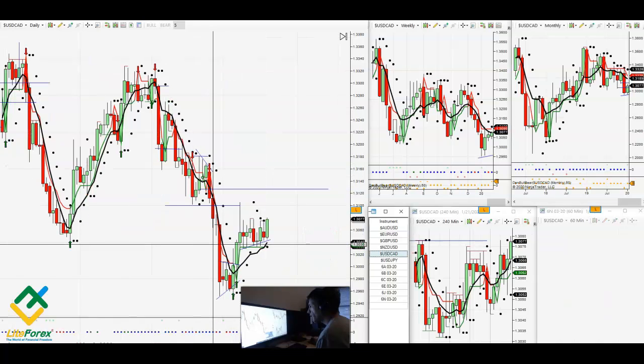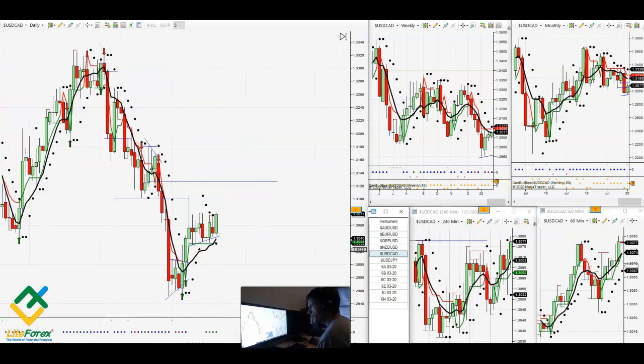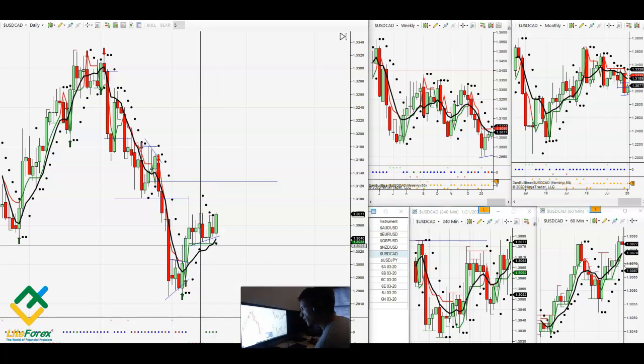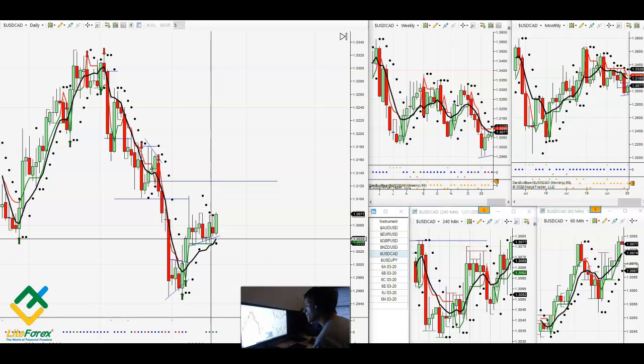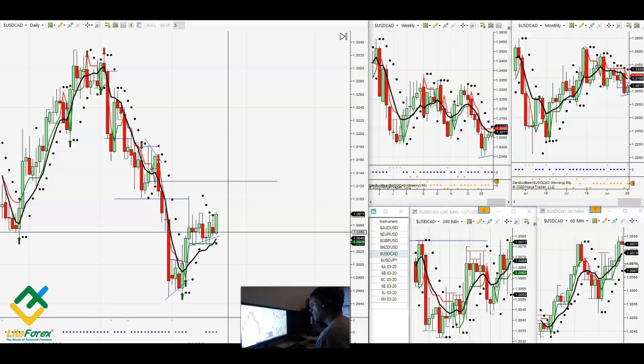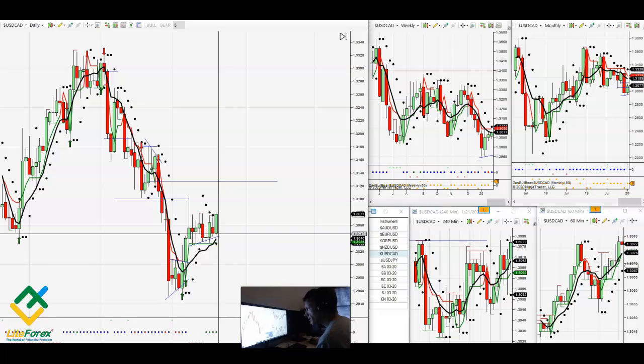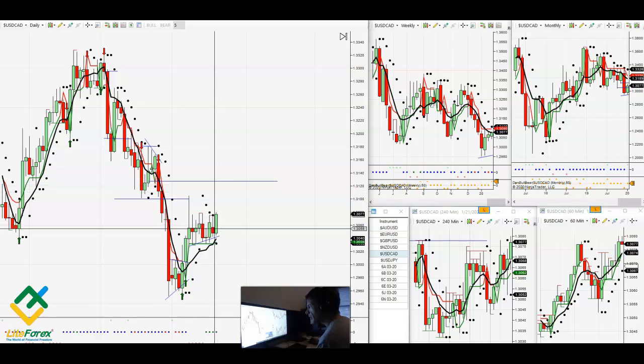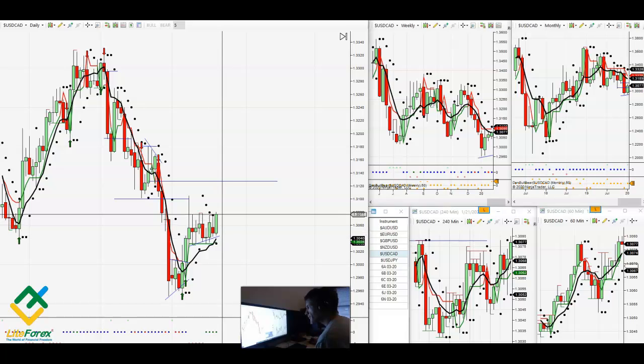Okay, USDCAD. When I looked at this on the 17th, I was definitely leaning more to the upside. But when I looked at the Canadian dollar, it looked like there could be upside on that too, so I left this a little bit mixed. So I haven't been trading this at all this week, because it's just been very sideways. Like I pointed out, I've been leaning more to the upside on this one, but it's just been up, down, up, down, up, down. Going forward, it definitely looks more bullish,